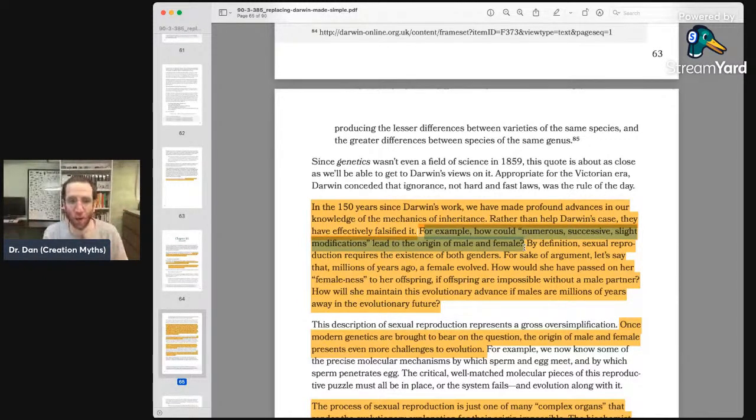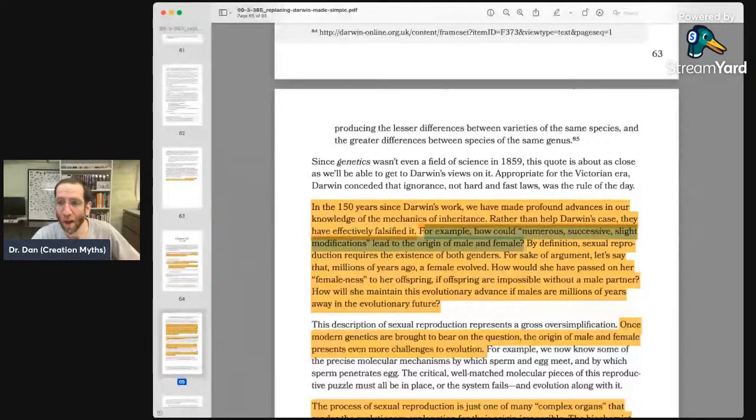A lot of creationists, when they say, how did male and female evolve, they mean anatomically, right? How do you evolve the parts that have to fit together? How does the first male wait around for the first female, right? How does that work, right? That's not what sexual reproduction is, right? That's later. Male and female is just differentiated gametes, and that is not hard to explain. The fact that Jeanson is using this as an argument, and again, developmental biologists should know better.